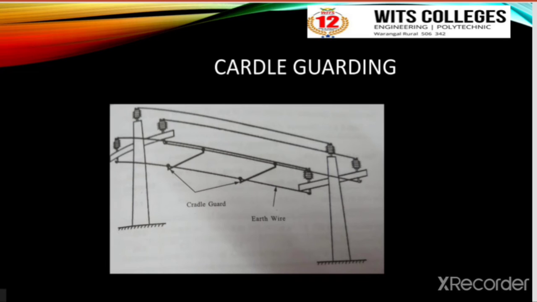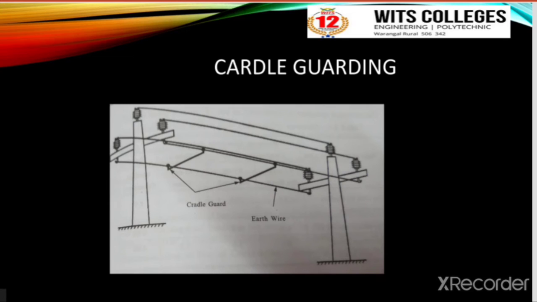Coming to the cradle guarding, it is provided when the conductors are in horizontal or delta formation, as in the case of 11 kV lines. So if 11 kV lines are provided in delta formation, there we use cradle guarding, and the cradle guard is directly connected to an earth wire. If a line conductor breaks, it will fall on the ground,